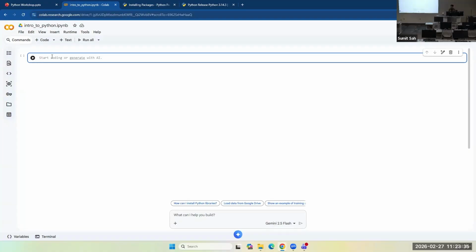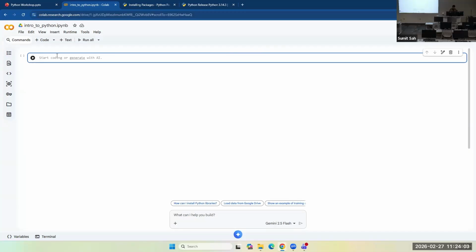Data types are the different kinds of data you can find in the real world, like integers, floating point or decimal numbers, and strings, which means a sentence or a word. And you can store all those kinds of data in variables, and variables are like containers.